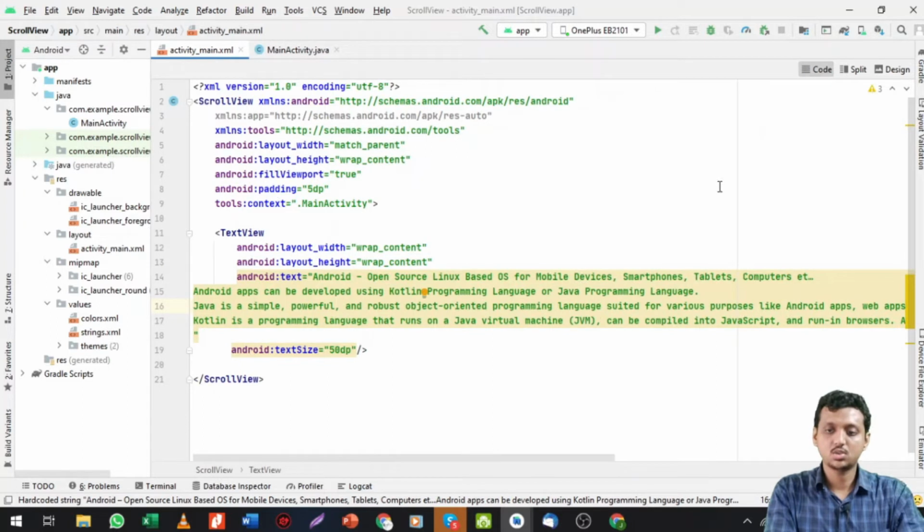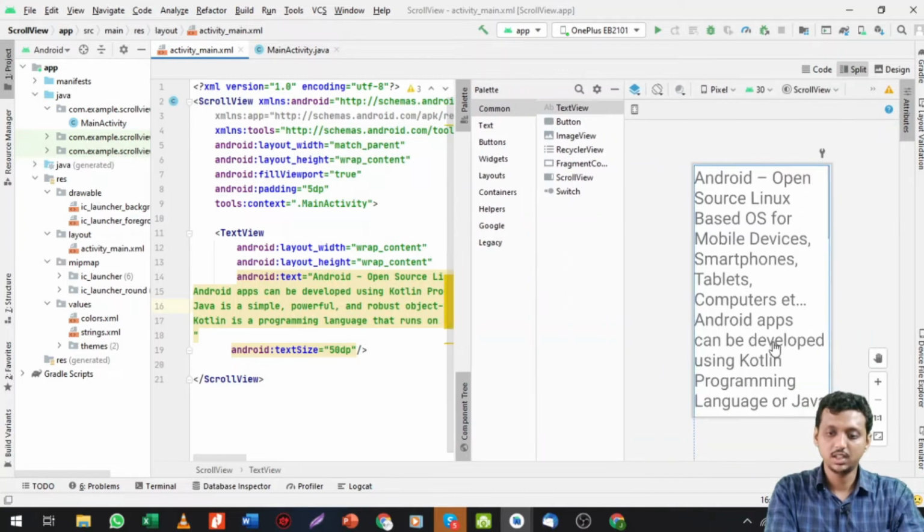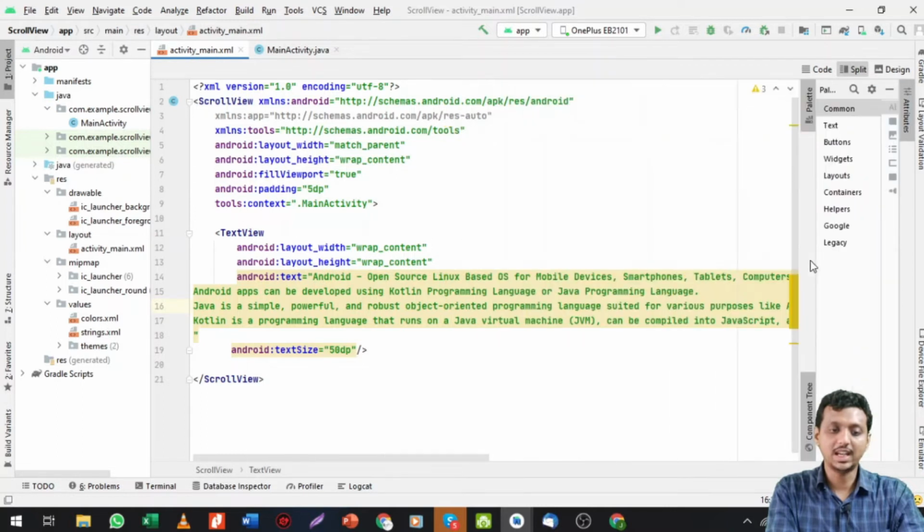So now let me just show the split screen so we'll get a better idea about the design. See, this is what you can see. Our content is already written over there. So this is our scroll wheel. This shows the scroll bar. Now when we just run the particular application, we will directly get a horizontal, sorry, a vertical scroll wheel. Fine. Now let me just run the particular code and show you the output first.